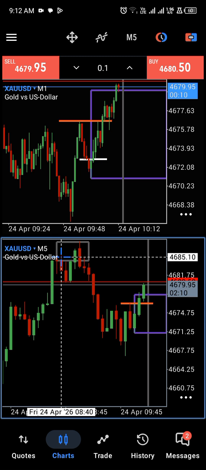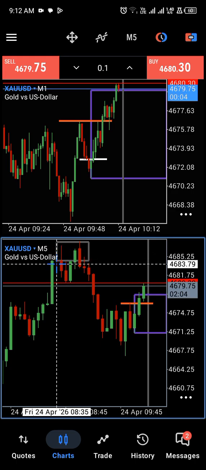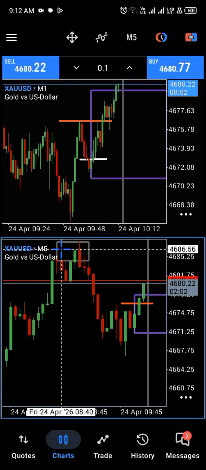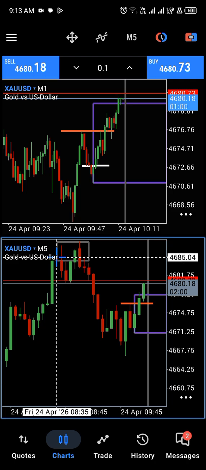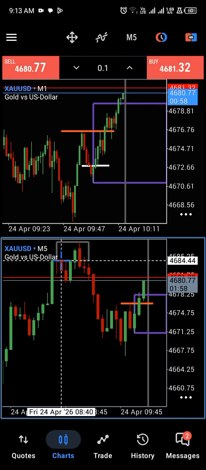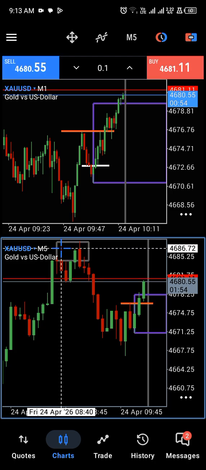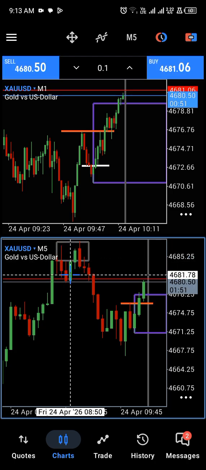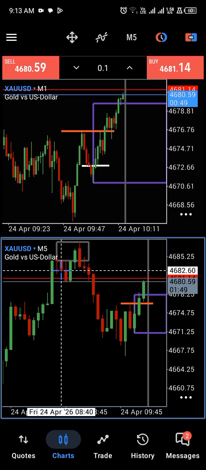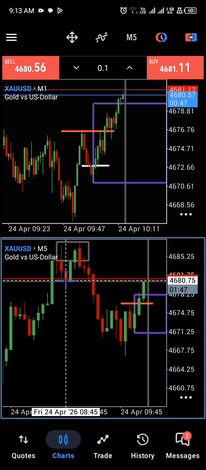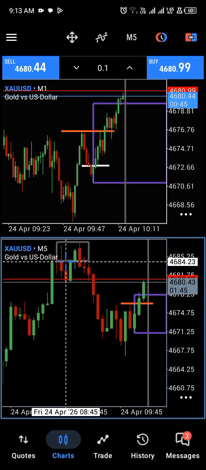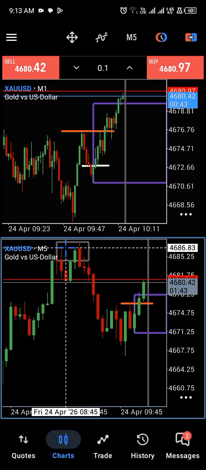So for the buyers, this price was still affordable, but sellers were like, this price is too expensive for it to go back, so we will try to sell this thing and take it. So buyers were outcompeted. You can see even here they tried to go up again, they were outcompeted. So sellers started showing very good interest of this price